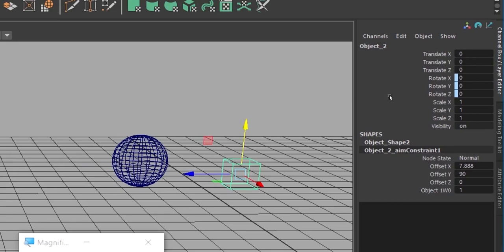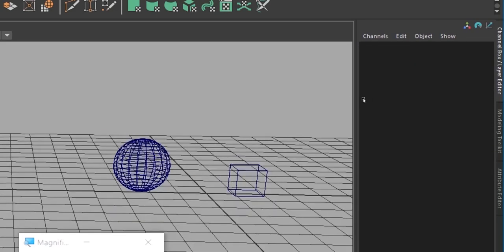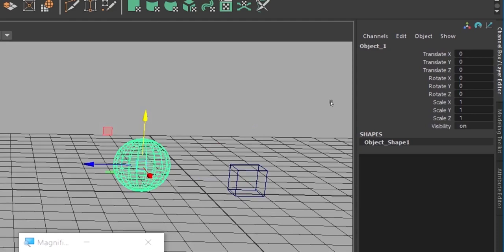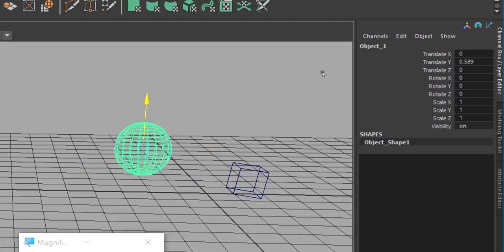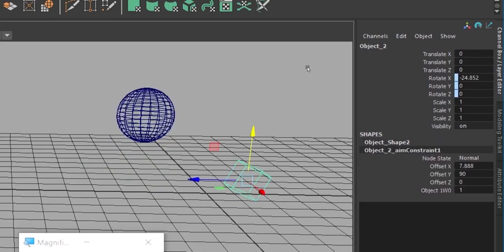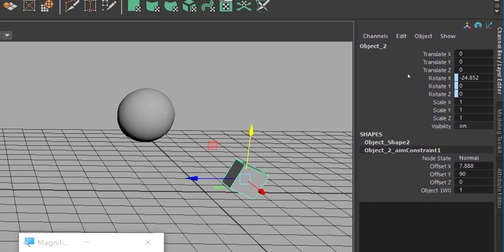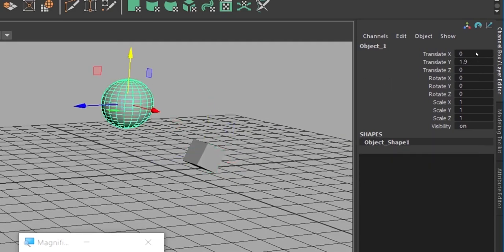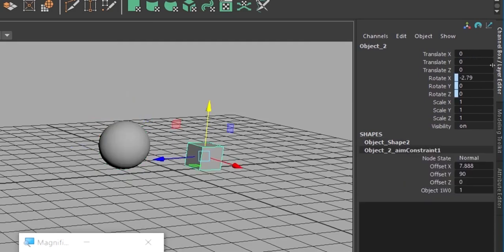Now in aim constraint, the child is aiming at the parent. Just imagine the child looking at the parent. So the parent is going up, the child is also looking at the parent, right? So that is why the translation of the parent is affecting the rotation of the child.